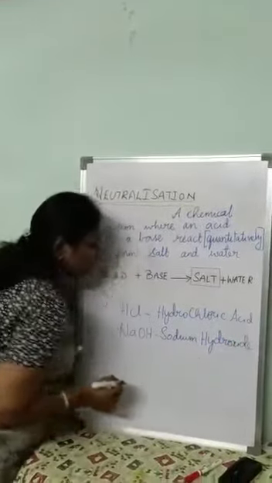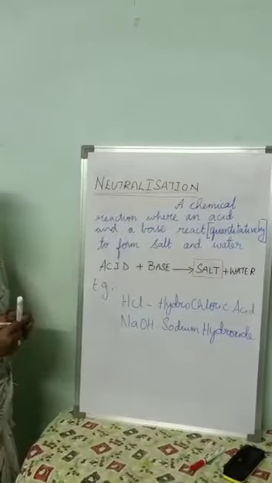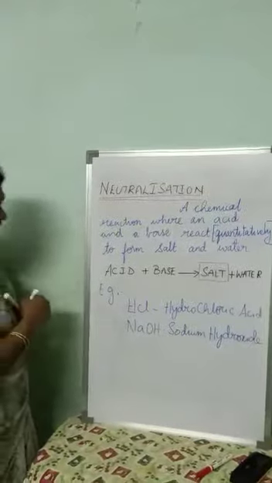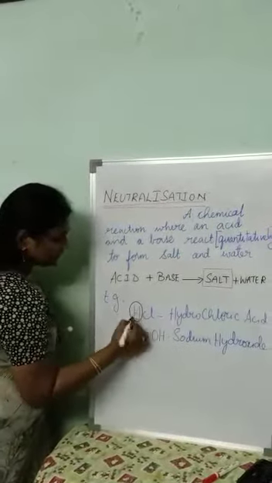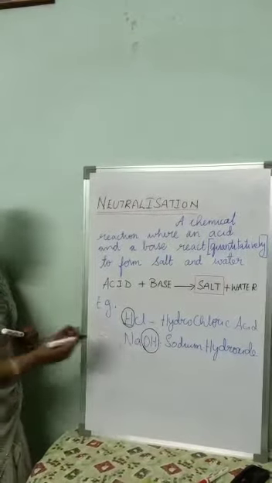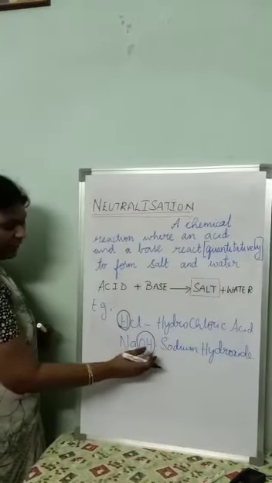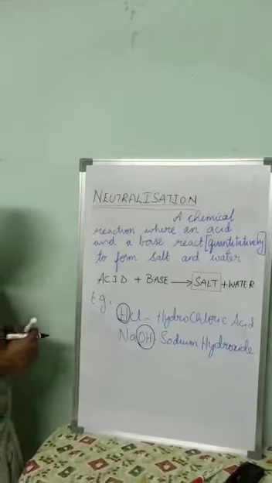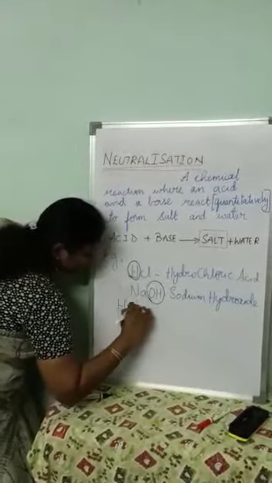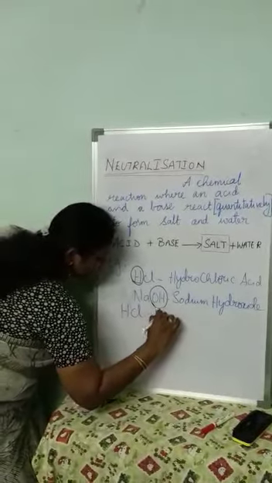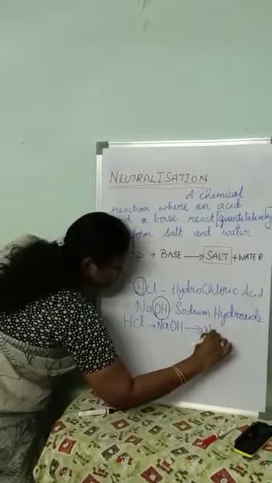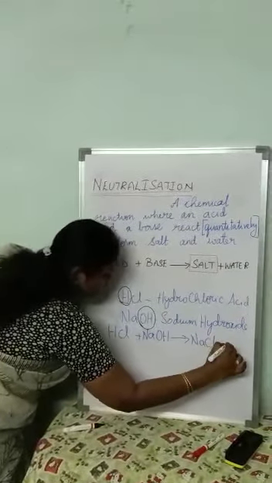Now, how can we identify whether it is an acid or a base, children? We can identify it is an acid because it contains hydrogen ions, and we can identify it as a base because it has hydroxide, that is oxygen and hydrogen ions. So, let us see the chemical reaction. HCl, that is hydrochloric acid, when it reacts or combines with NaOH solution, is going to give NaCl plus water.